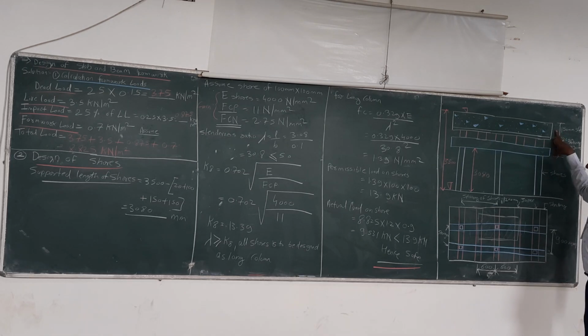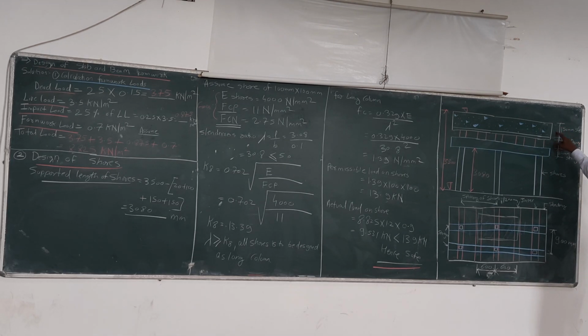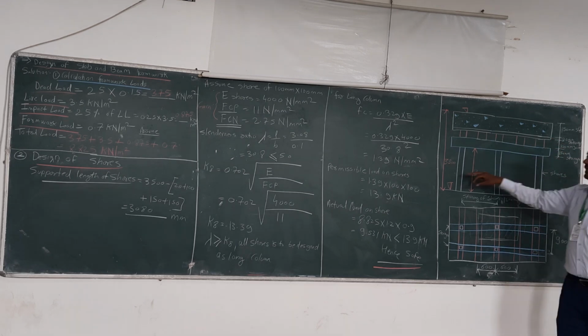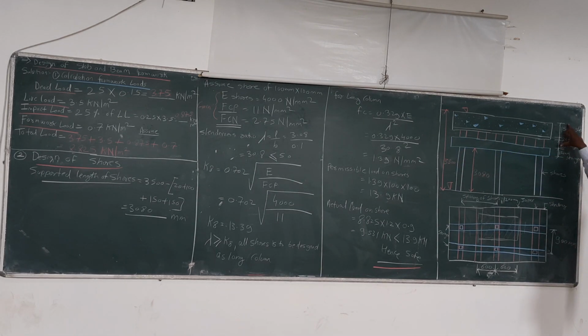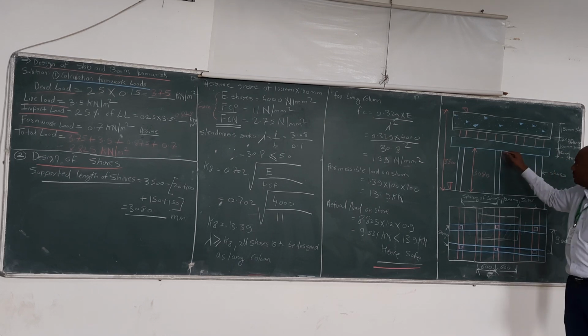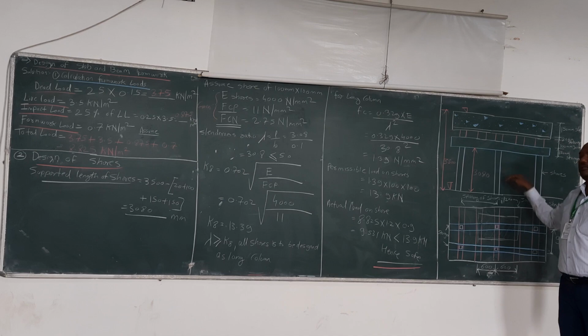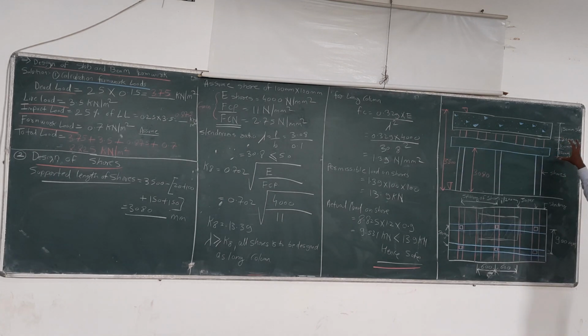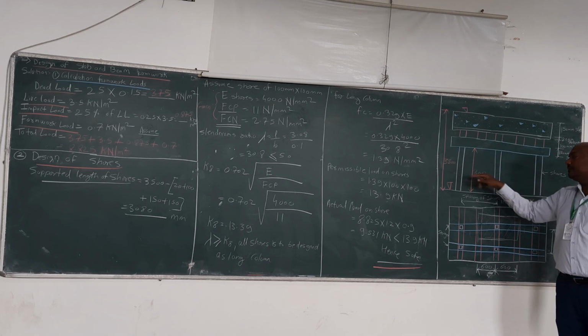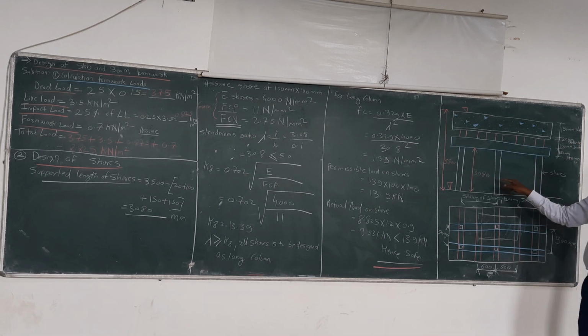Now we have all these thicknesses. We have the thickness of the slab, the thickness of the sheeting, the thickness of the joist, and the thickness of the stranger. From this total height, that is the 3.5 meter floor to floor height, we will subtract all this depth or height. Then we will get the supporting length of the shore. The supporting length of the shore is this length of the shore. Okay. So subtracting all these thicknesses from 3.5 meters, we get 3080 mm as the supporting length of the shore.